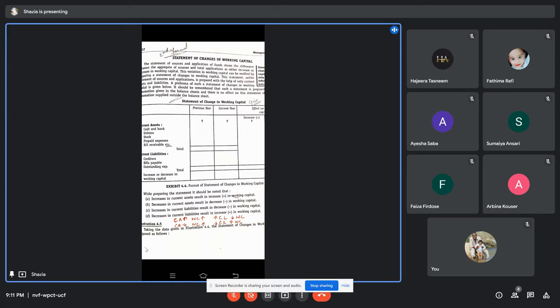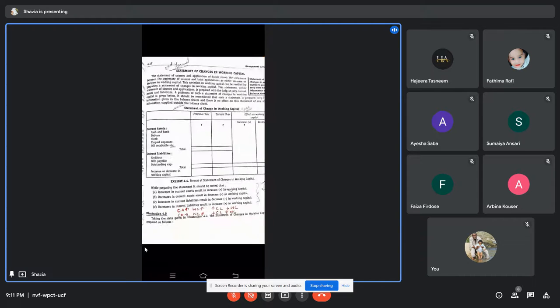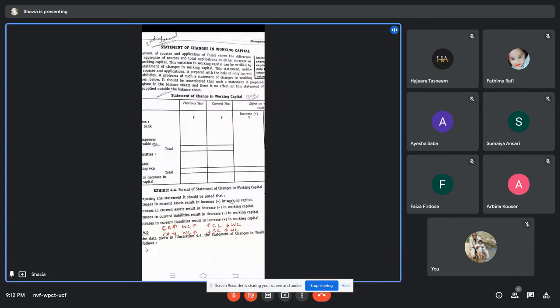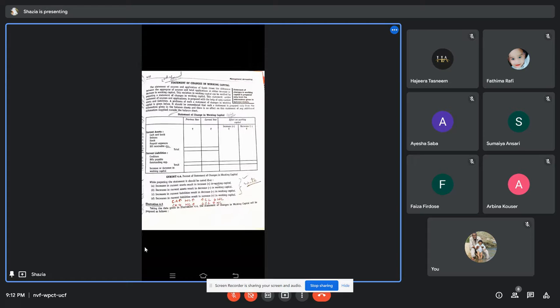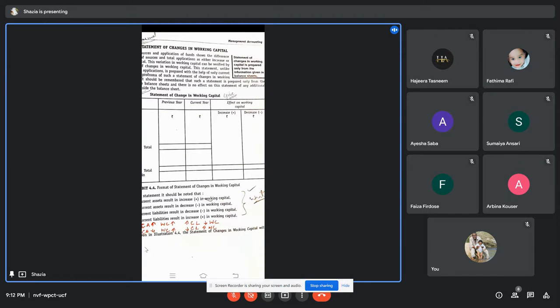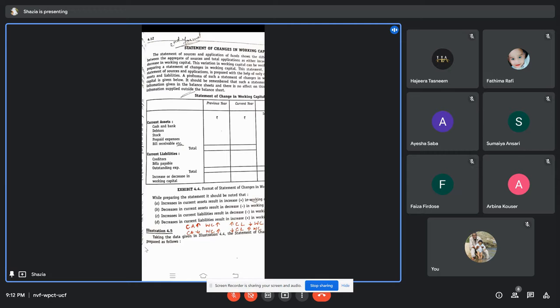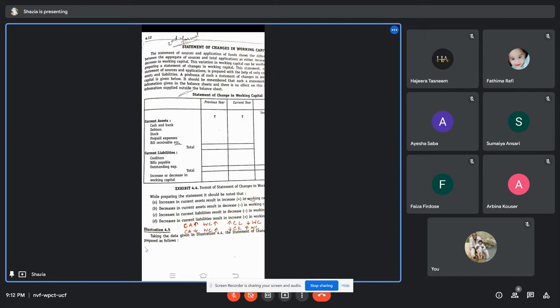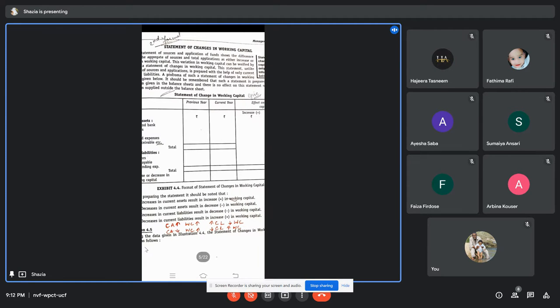ठीक है. Current assets will follow the normal method. Increase है तो increase working capital में लेना है. Decrease current asset है, decrease column में ही लेना है working capital. Only current liability में अगर increase हो रहा है, it should be opposite. The amount should be taken in the decrease column of working capital. And when there is a decrease in the current liability, the difference should result in positive, that is the increase working capital column.